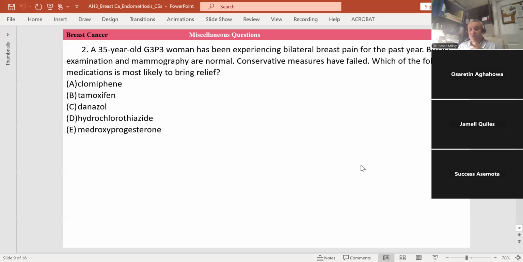The danazol, which is about 200 to 400 milligrams daily, is more effective, often more effective in relieving the pain. But again, we said that these measures have failed. So the Clomid, which may have an estrogenic side effect,